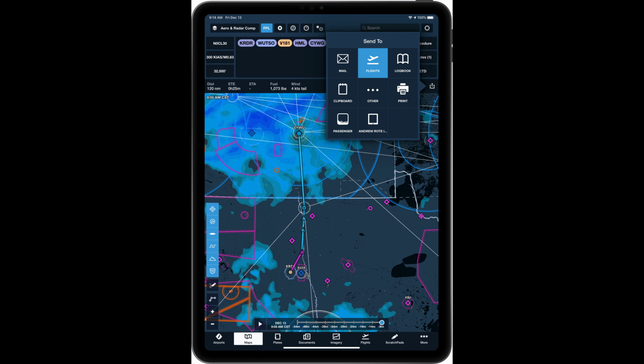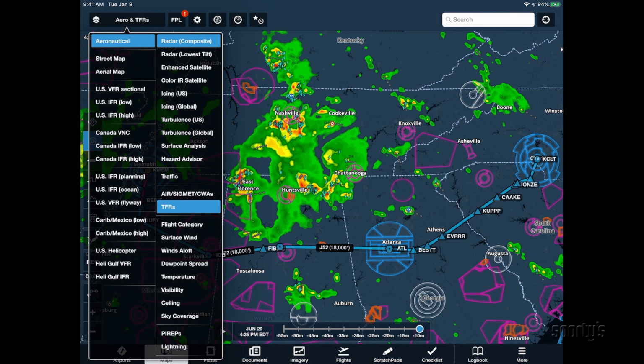Honestly, guys, if I was into the iOS ecosystem, I would probably go with ForeFlight just because it reigns supreme for a reason. But if you're looking at the Android ecosystem, which is kind of where I'm happiest to be, Garmin Pilot or FltPlan Go are the way to go, just based on the features they offer, the amount of stuff you can do with it. It's quality of life stuff, and you need to spend more time enjoying your flights and less time